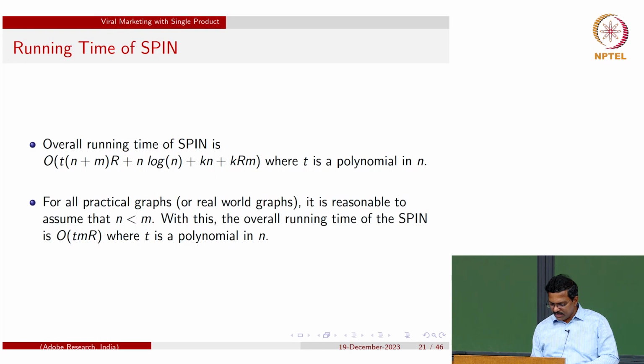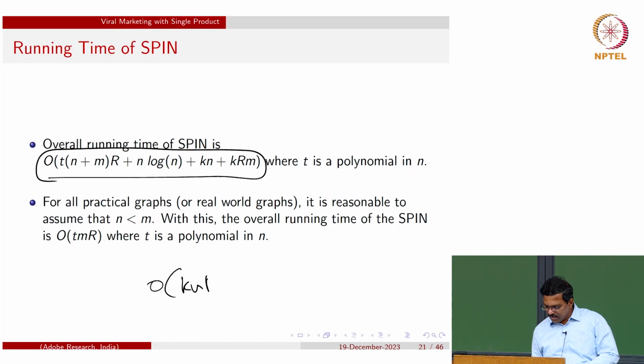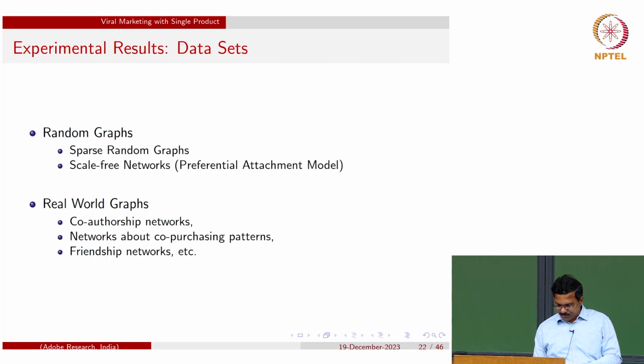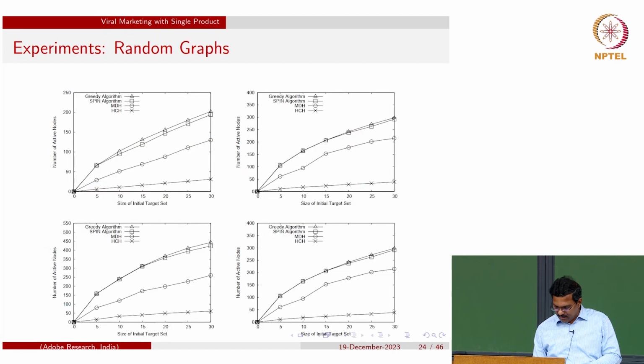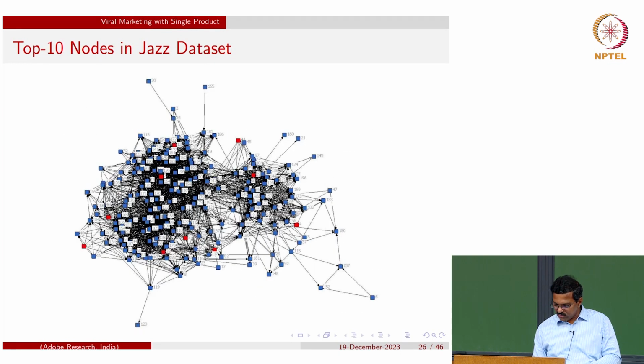I don't want to get into the details. So this is the computational complexity. The standard approximation is KNRM. So you can see, right, none of these terms have all those four variables here. So that's where we gain in terms of the computational complexity. And we thoroughly did experimentation and so on and so forth.